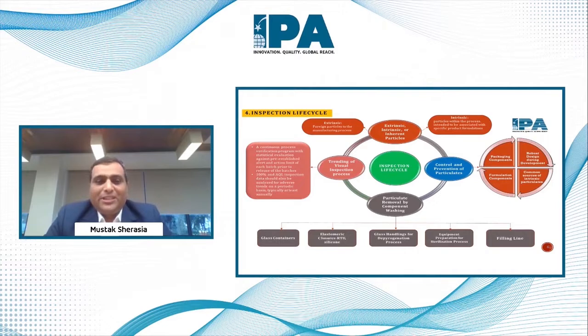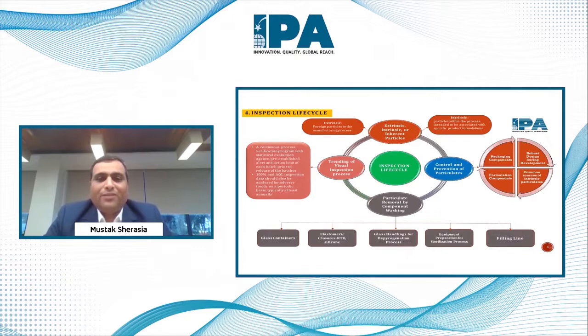Lastly, the filling line itself is a potential source of contamination and a focus of particulate prevention. The components which directly contact the product itself, like syringes and vibratory bowls, if they are not adequately cleaned, autoclaved and wrapped properly in the environment, will lead to further particulate contamination in the product itself. So these are the baseline controls, starting from development and then commercial.